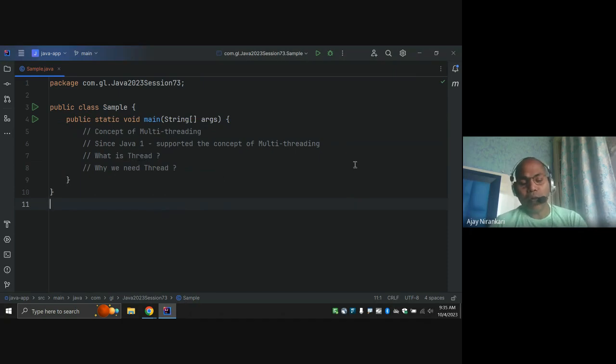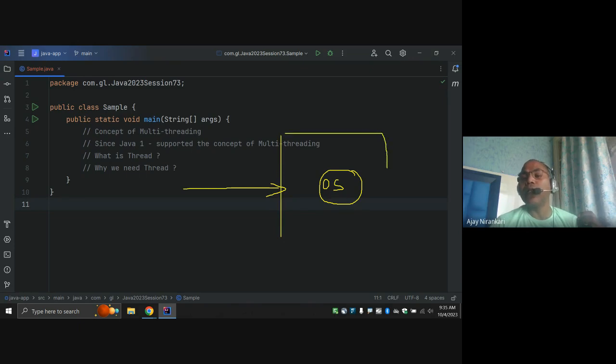Our operating system is responsible for running anything in my system. Whatever I'm speaking, listening, watching, or doing on my computer is taken care of by the operating system. The operating system gives the facility so that you can do anything on your system. So the question is how systems do this.